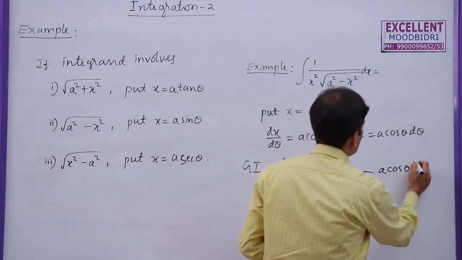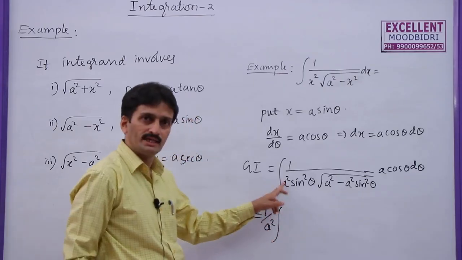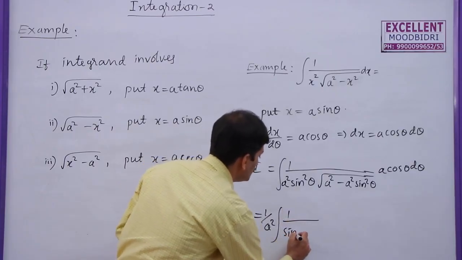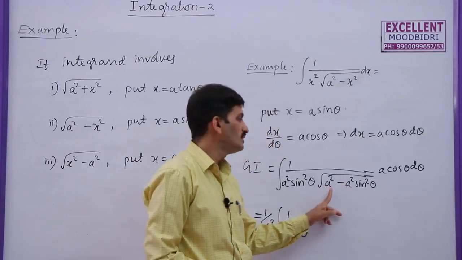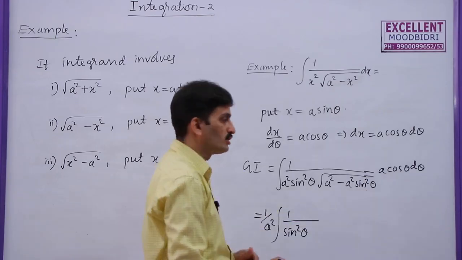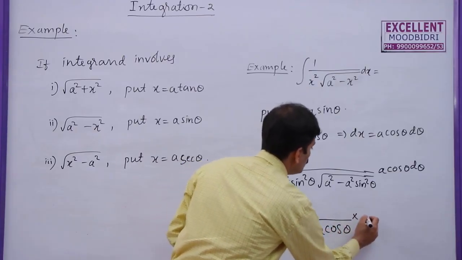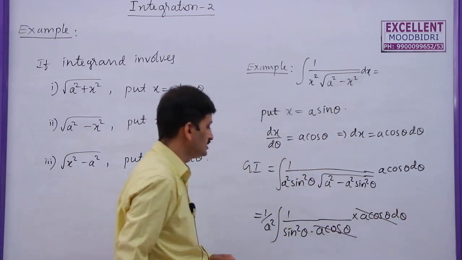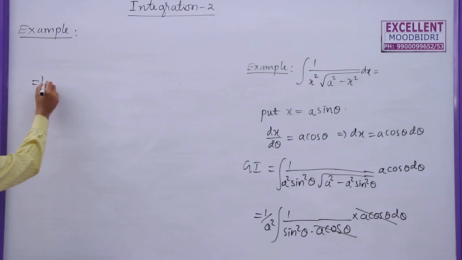That is 1 by a square, a constant, take it out, 1 by sin square theta into, now here take a square common. What do you get? A square into 1 minus sin square theta, that is a square into cos square theta. Root of a square cos square theta is a cos theta. So a cos theta into a cos theta d theta. Now a cos theta d theta cancels. So the given integral becomes 1 by a square into